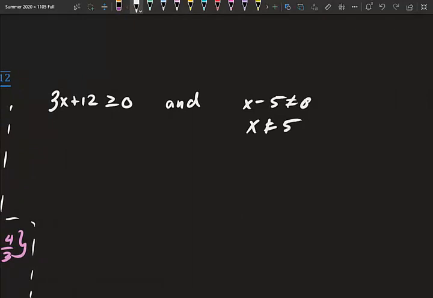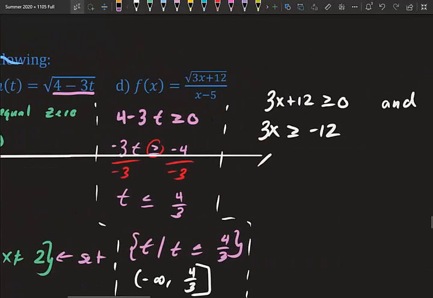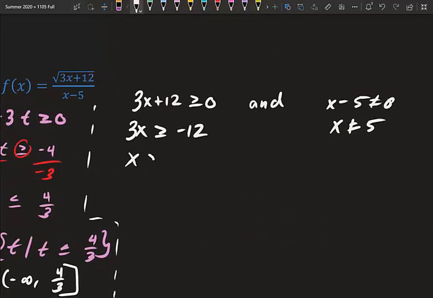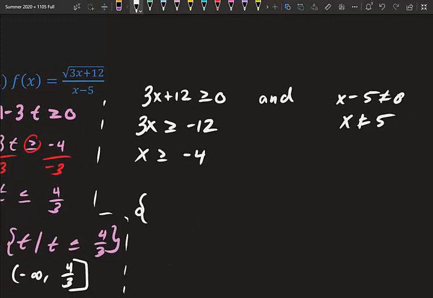And we subtract 12, so we have 3x is greater than or equal to negative 12. Divide by 3. When we divide by 3, we get x is greater than or equal to negative 4. So in set builder notation, it would be x such that x is greater than or equal to